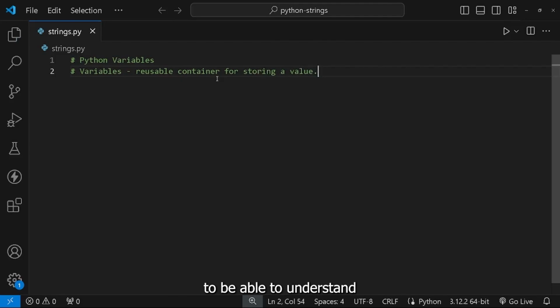To be able to understand variables, we can use a metaphor. Imagine you have an empty box. This empty box can store anything. Let's say you have a set of clothes and you want to put your clothes inside of that box. And then you close the box. If you store it with other boxes, you want to add a label